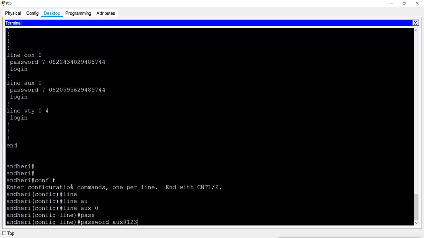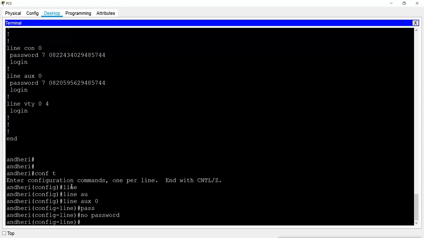So I don't have to give the value, I just have to give no password. Now I did one more configuration in this, that is login. Now I want to remove the password and I want to remove the login also. Then I will say no login, and that means it will not ask for the password, because there is no password, we have removed it.